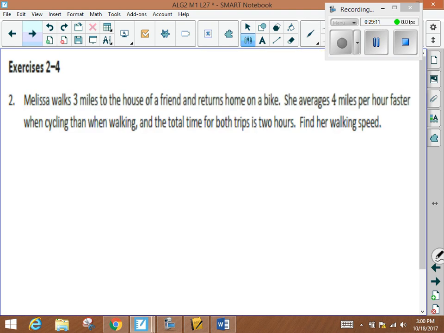This one's actually intermodule as well. Melissa is walking 3 miles to the house of a friend. She returns home on a bike. That's shady. She averages 4 miles per hour faster when cycling than when walking. And the total time for both trips is 2 hours. Find her walking speed. So again,